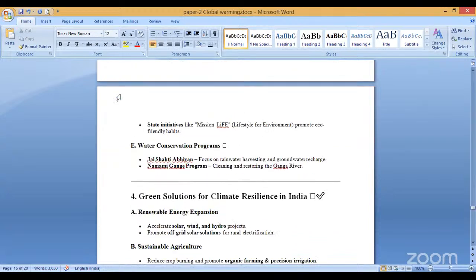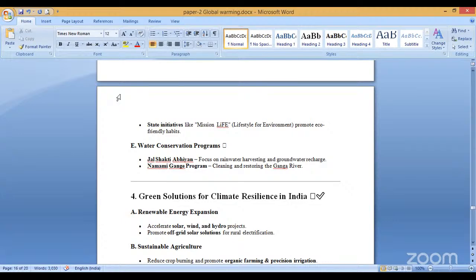State incentives like Mission LiFE, Lifestyle for Environment, promote eco-friendly habits. Water conservation programs like Jal Shakti Abhiyan focus on rainwater harvesting and groundwater recharge. The Namami Gange program is cleaning and restoring the Ganga River. Green solutions for climate and resilience in India: renewable energy expansion, accelerating solar, wind, and hydro projects, promoting